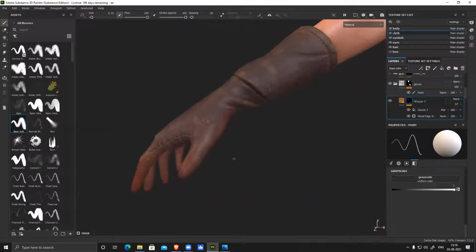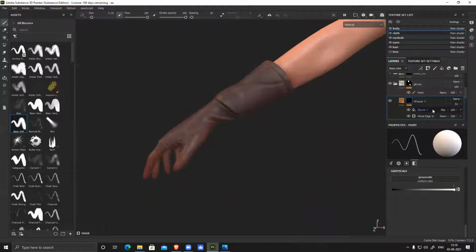Now some tonal variation is there, but now I need some scratches. So I'll just do it slightly. The scratches will be again a little lighter color.